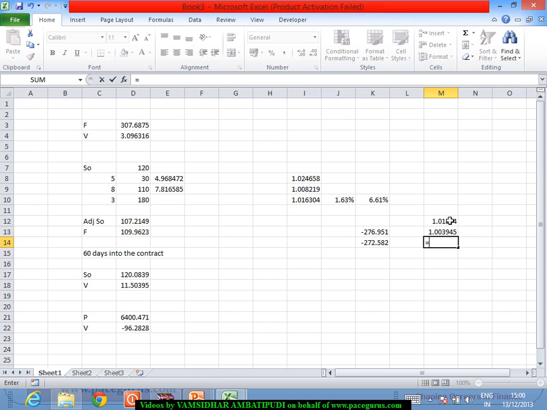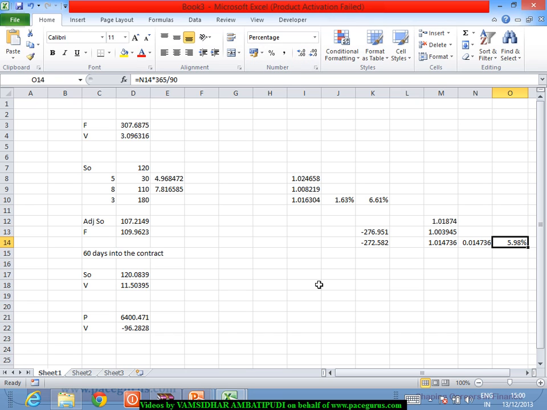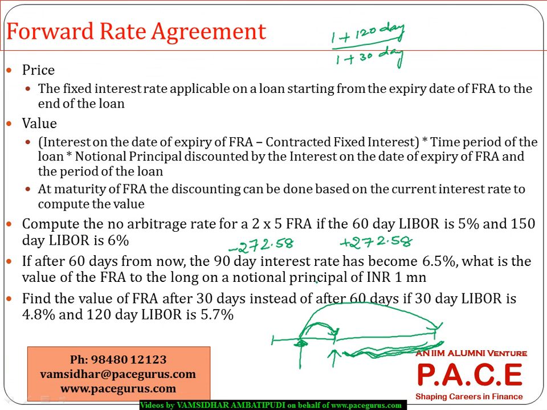So based on these two, I am getting the modified FRA rate to be this minus 1, and this number to be multiplied by 365 by 90 to annualize it. So as per the changing interest rates, the FRA rate should be around 5.98%, but the contracted is